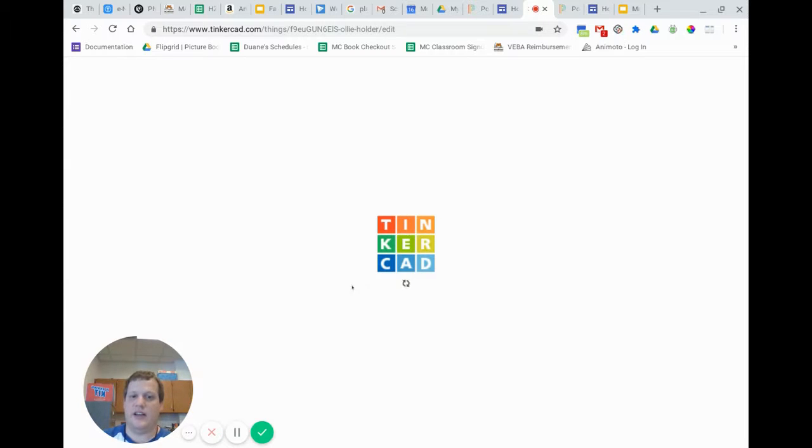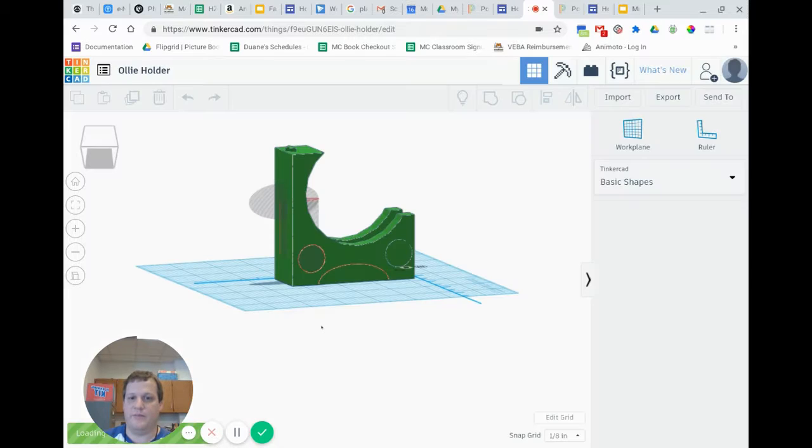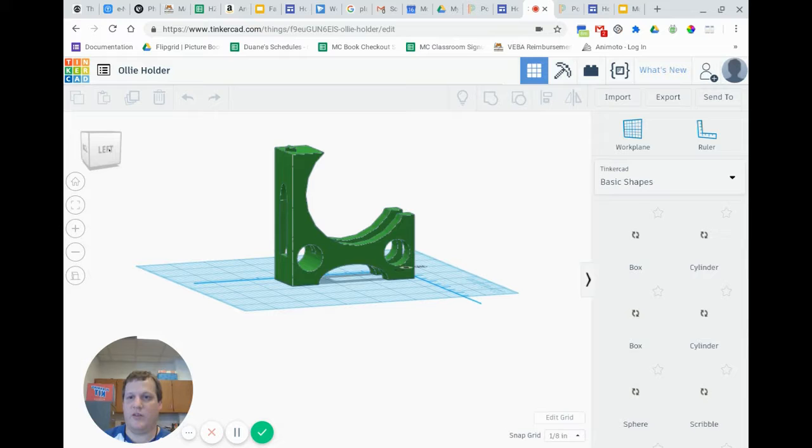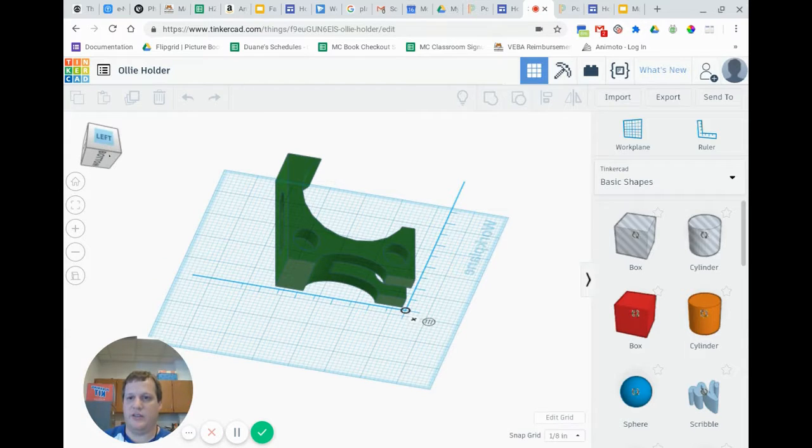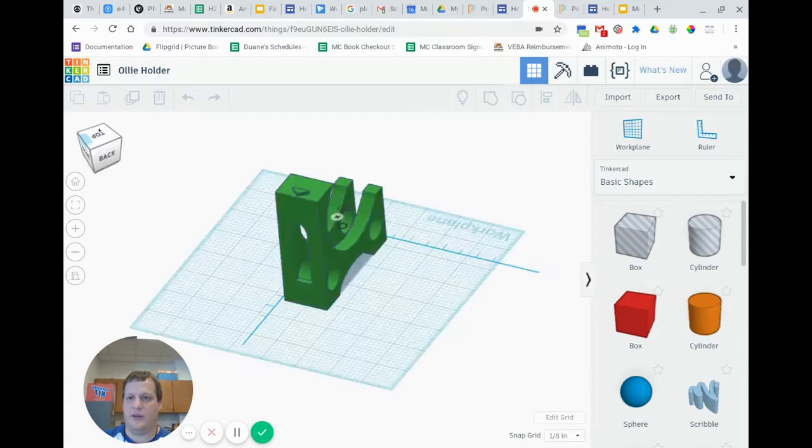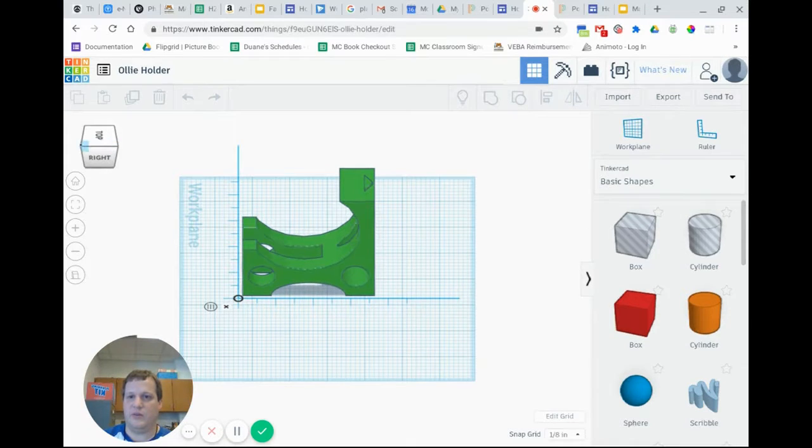Now, Tinkercad has a couple of interesting things. You can design computer circuits in there and you can test those circuits out to see if they will do what you need them to do. But it also lets you take things that you've already created, and as you can see, it's loading kind of slow here, and turn them into Legos. So if you design something, you could see what it would take to convert it